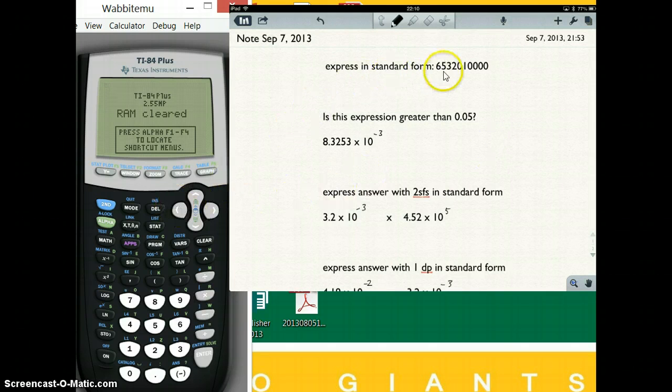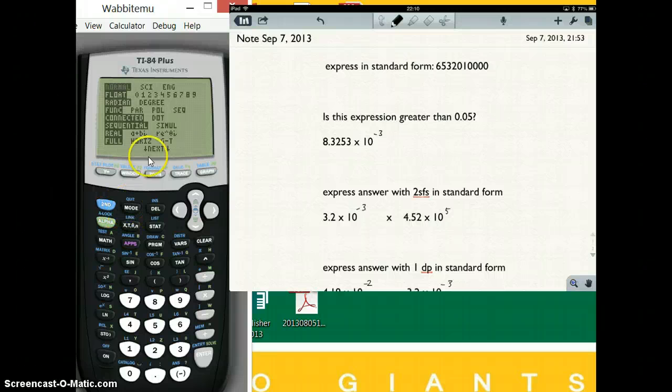So all we need to do is type this number into the calculator and tell the calculator that we want to display it as a standard form number. The way we do that is we use the mode, and we're going to put the mode in scientific notation. Okay, so we just did mode and then we moved it to scientific notation. We pressed enter, then we're going to press second quit to go back to the regular screen, and now we're going to type in the number